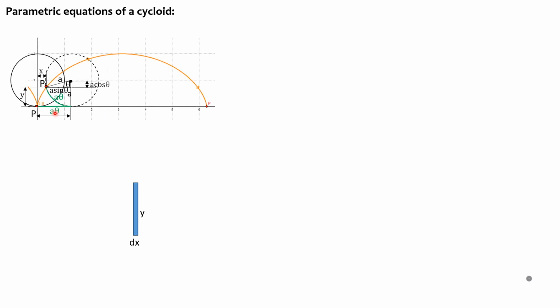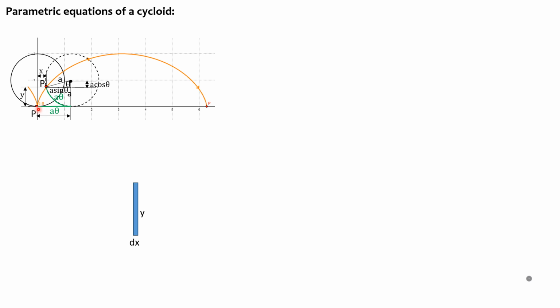So for the cycloid, which is defined as the path of a point on a rolling circle, there is a point on a rolling circle which rolls along a straight horizontal path without sliding. And the traces of the point on that rolling circle describes the path of a cycloid. So this is the rolling circle, and this circle rolls along this straight horizontal path.